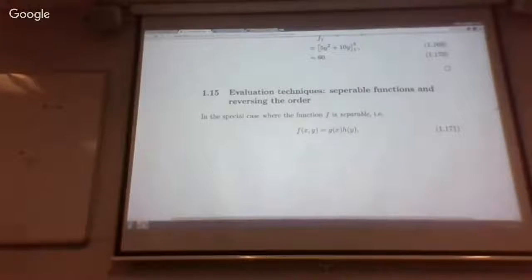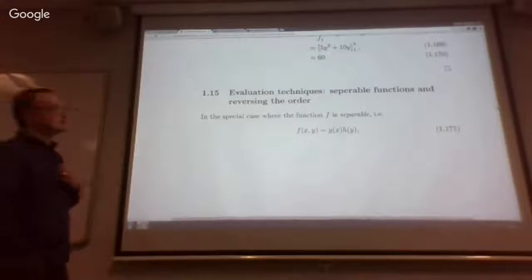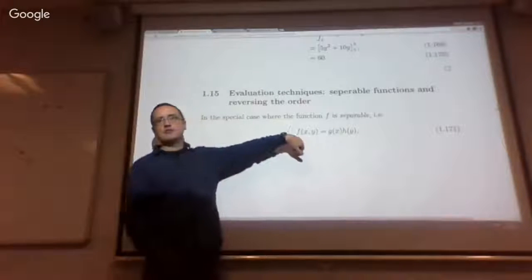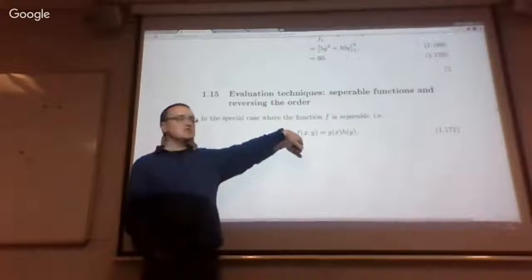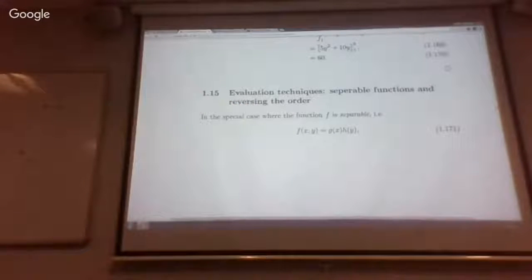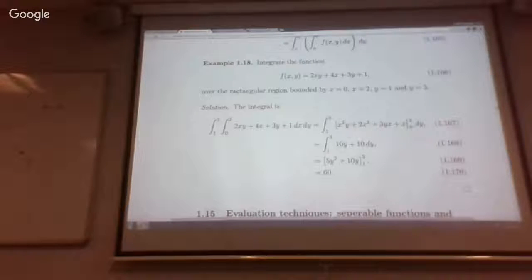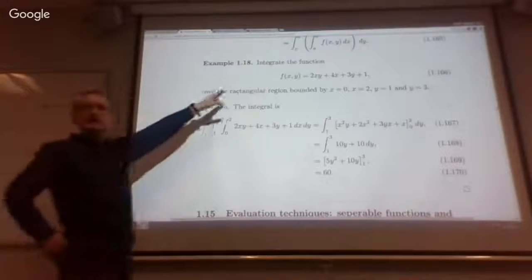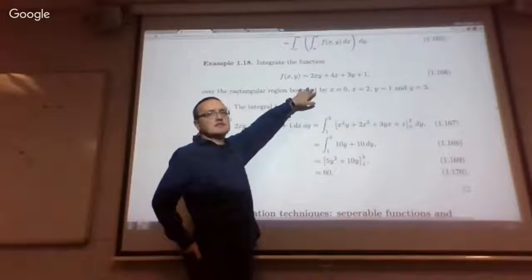Okay? So it's a particularly nice type of two-variable function, one which is really just made by multiplying two separate one-variable functions, one for the x dependence and one for the y dependence. Okay? Now, it's not true in general, it's special behavior. For instance, this function we just treated in the previous example, this function f of xy here is certainly not separable. Okay, there's no way,